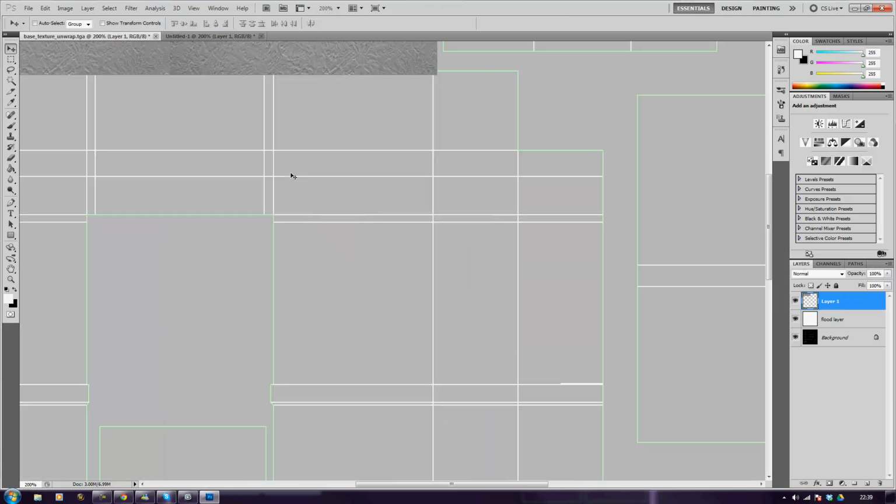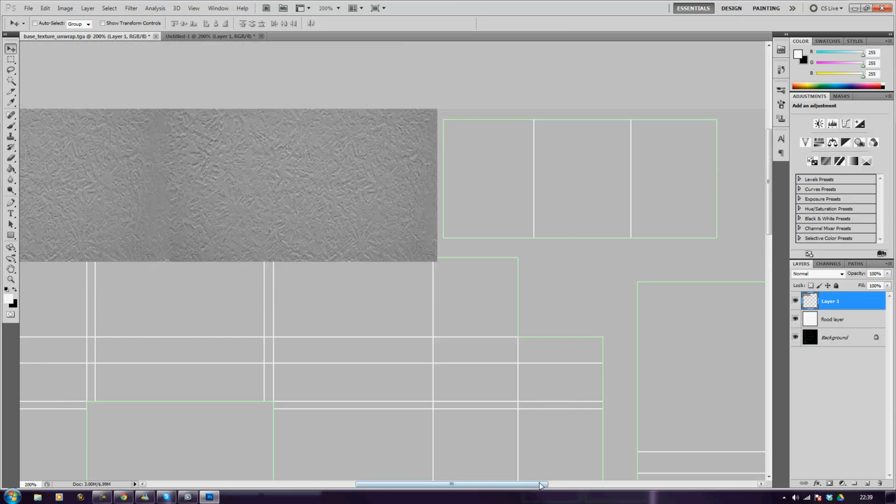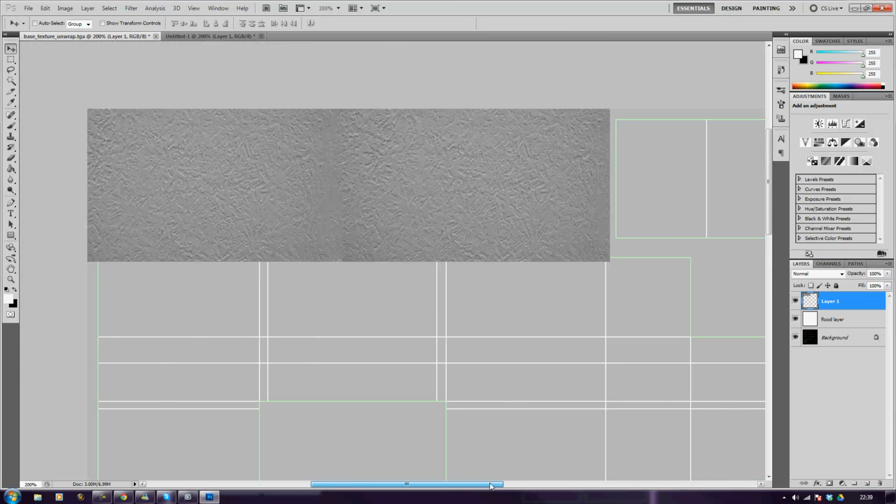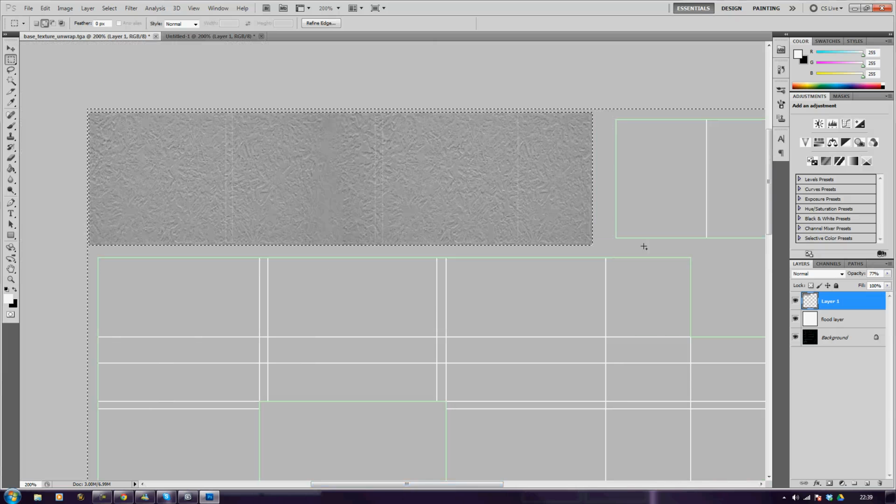Now what I want to do is just get to where this part is here. I'm going to change my opacity again so that I can see where everything else is, and just marquee grab around the edges like that, and then do a Shift Control I, delete. That gets rid of all the other bits, and this becomes my ceiling layer. So I'll just